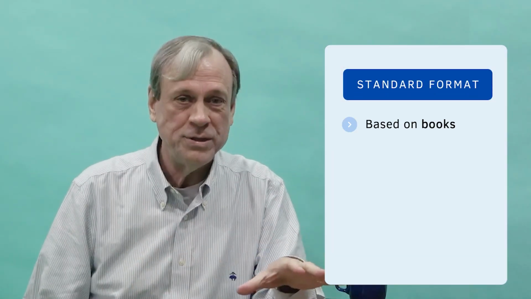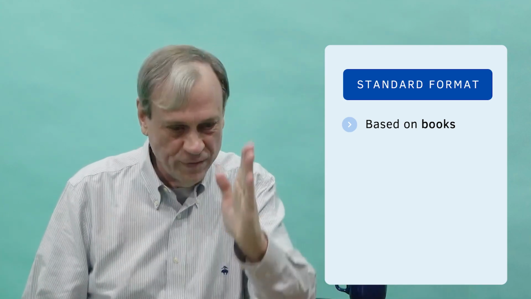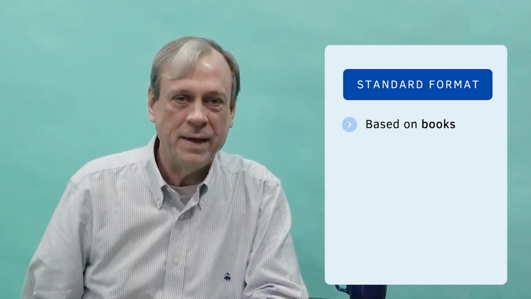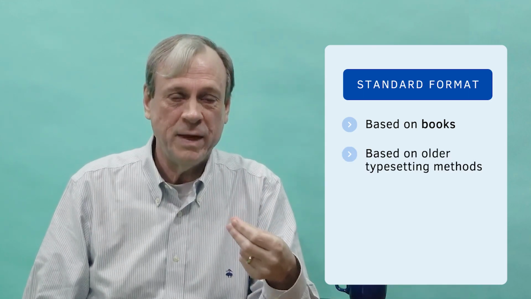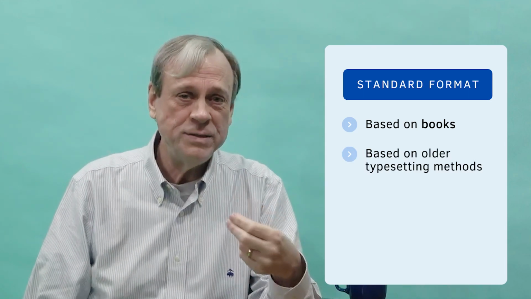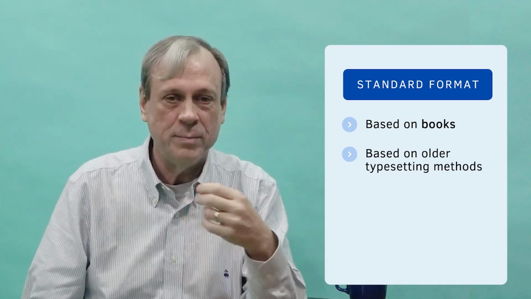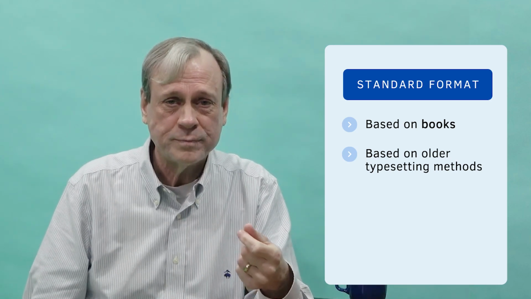In this video, we'll be considering the format of tables themselves. Now, the traditional format is based on publishing books before computer technology, when it was very hard to line up vertical lines in the handset text. And so this is based on the old typesetting methods. But it actually is easier to read if there are not lines and boxes, because it's easier to compare, to know which items you ought to be comparing and how.